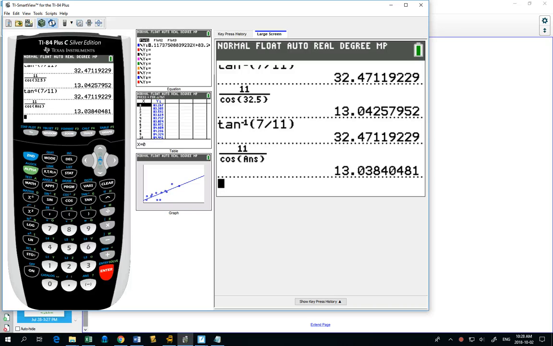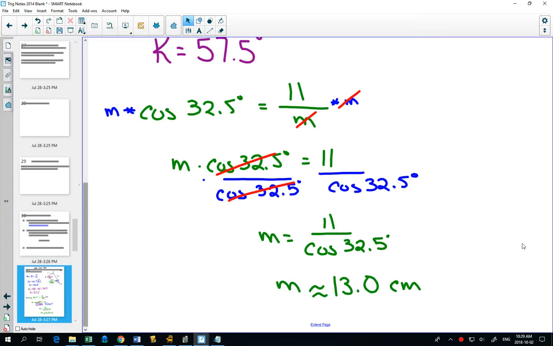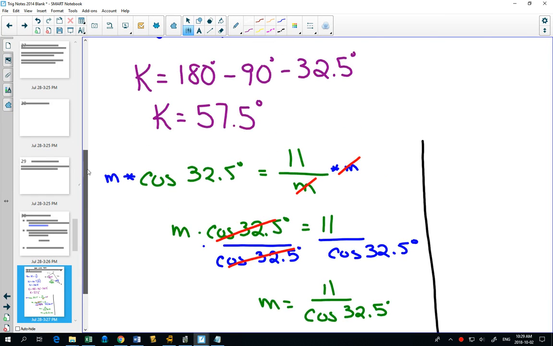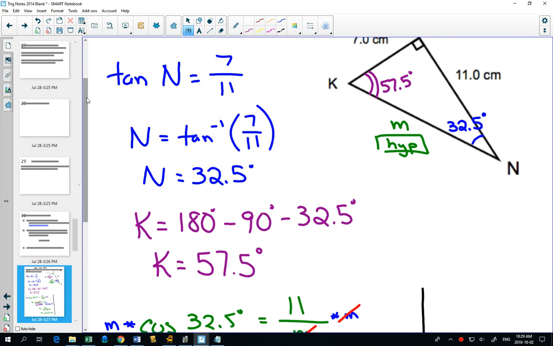If it came out to 13.05, then it would have needed to be rounded up to 13.1, and we wouldn't have been lucky, and we would have lost a half a mark for rounding early. So something to look at in a question like this, and I am going to suggest in this question, using the green to figure out M, using the 32.5, sets us up for that possibility of a rounding error